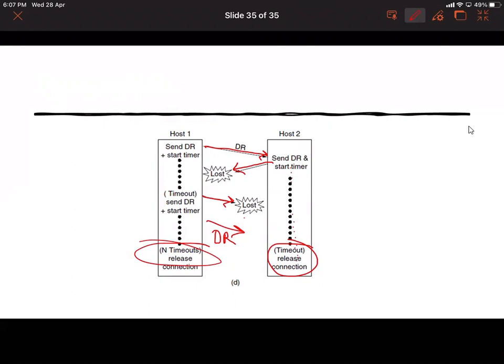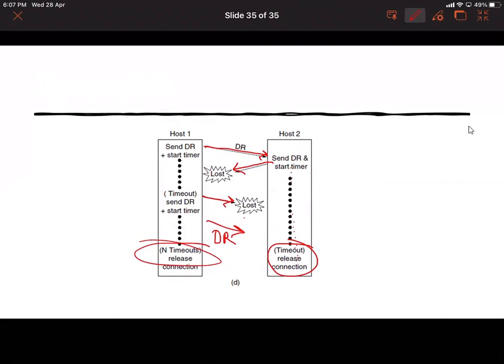So we have seen that in connection release, even if you are using symmetric, because of loss of packets, you may still have some data loss.